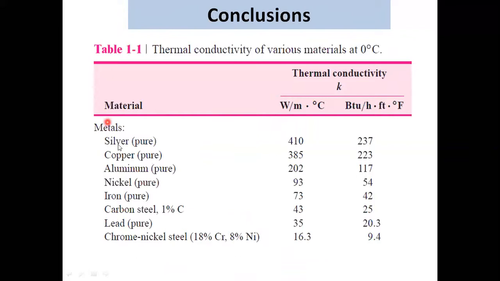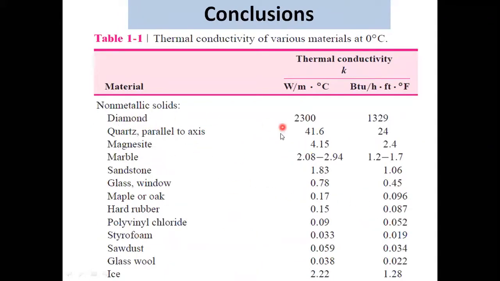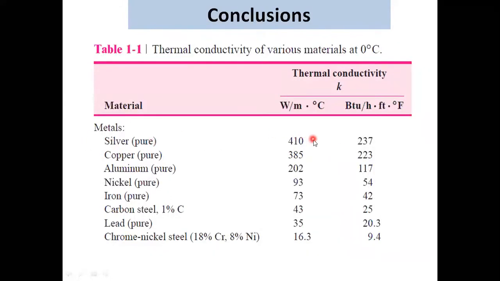So in conclusion, you can find the various values of thermal conductivity from standard literature. For example, among materials, the highest thermal conductivity is for silver, and maybe for diamond also, that is for non-metallic solids. For metallic, the highest thermal conductivity is for silver, and then chrome, nickel, steel will be around 9.4. Carbon steel is around 25, and we are using mild steel. Mild steel is basically a low carbon steel, so it should be around 20-25, but we are getting 11 watt per meter Kelvin, which we have to mention in our conclusions also.